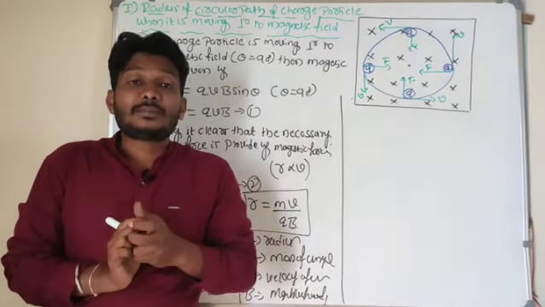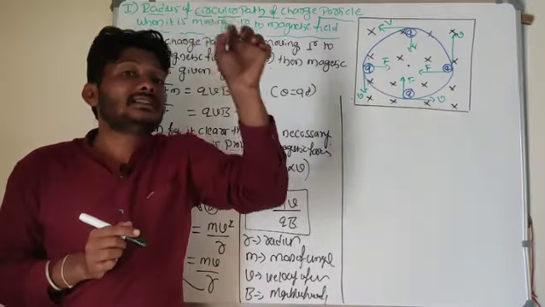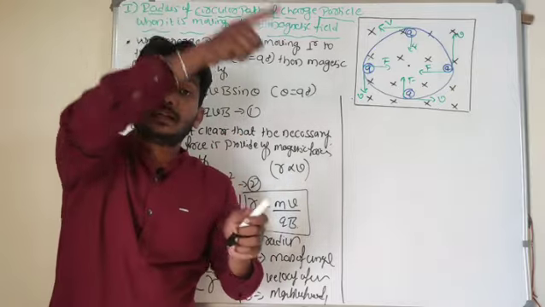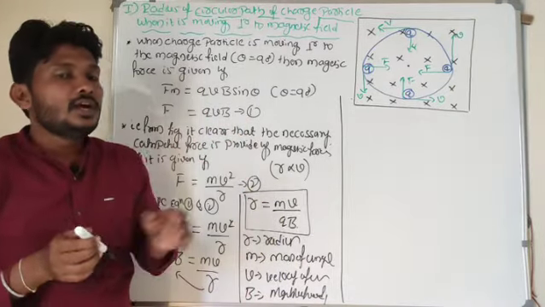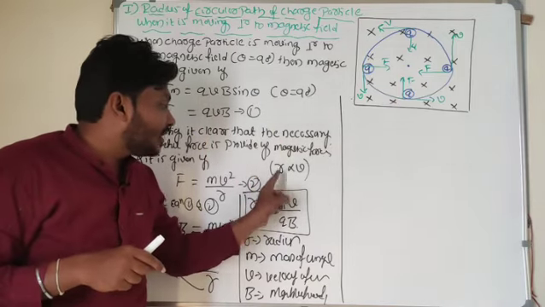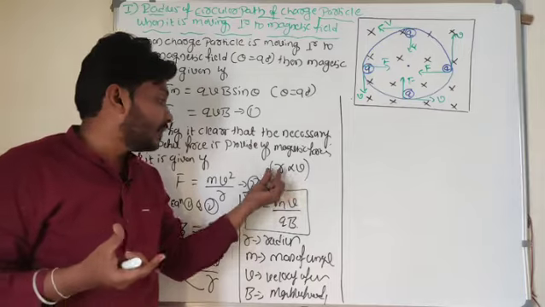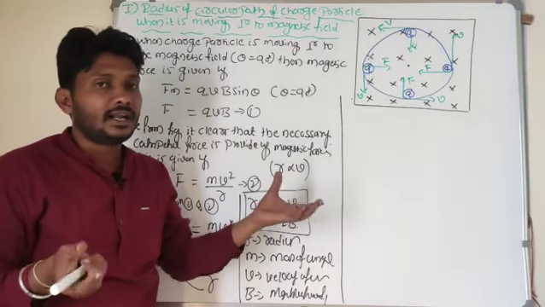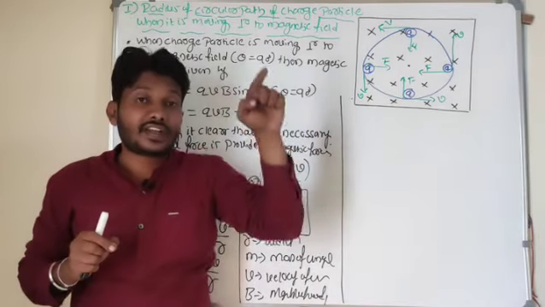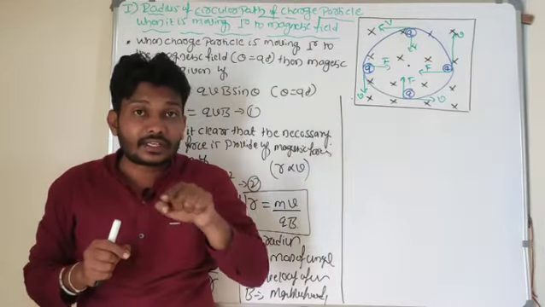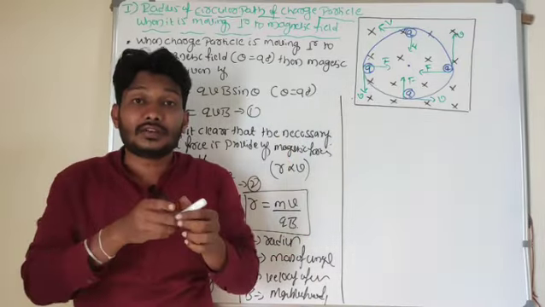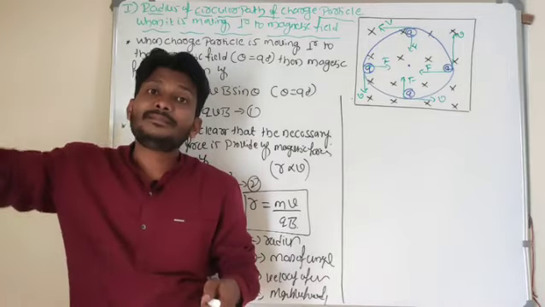If the charged particle is moving slowly, it has the lowest radius here. If the charged particle is moving fast, it has a large radius here. Slowly moving charged particle has less radius, whereas fast moving charged particle has high radius. Why? Because radius and velocity are directly proportional. If the charged particle is moving slowly perpendicular to the direction of the magnetic field, then the radius of the circular path is small. If the charged particle is moving with a greater velocity, its radius will be bigger.